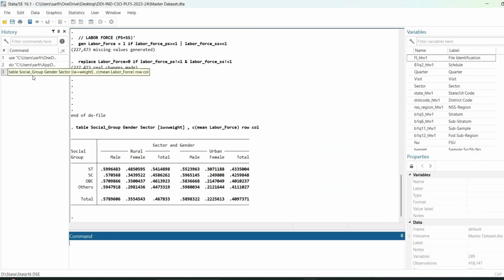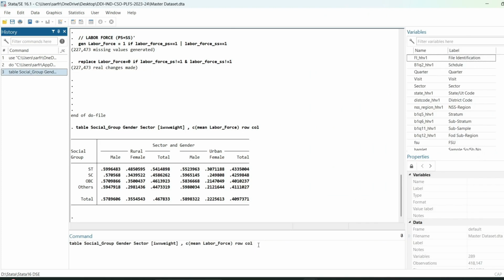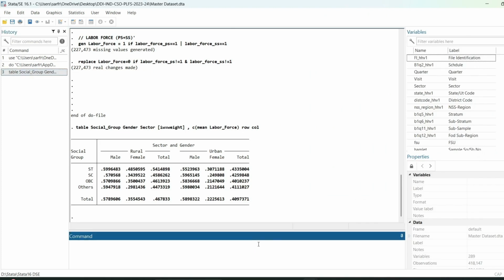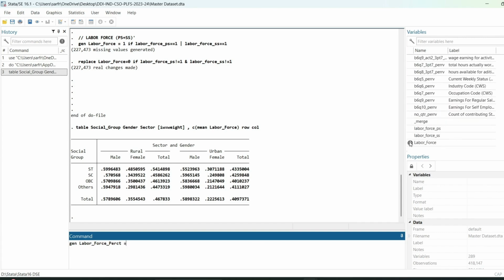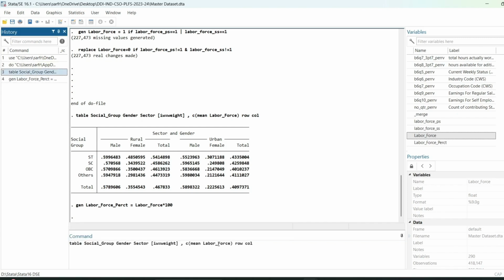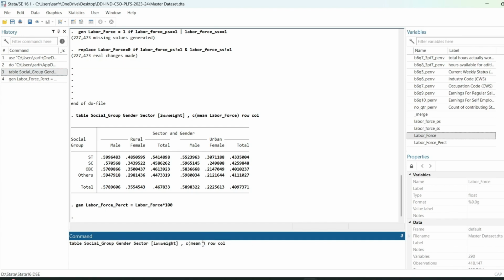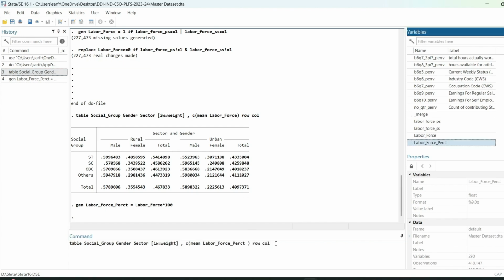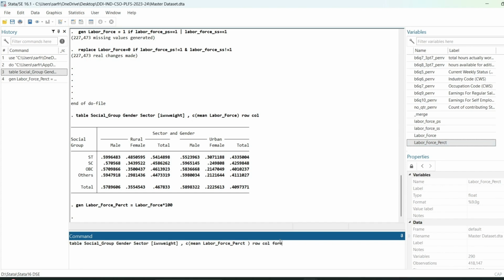So what I can do is this, but before that, let me generate a percentage variable. I will generate labor force percentage equal to labor force into 100. Okay, a new variable has been created. Then, instead of this, I will write it like this, and I will give a format also, format percentage